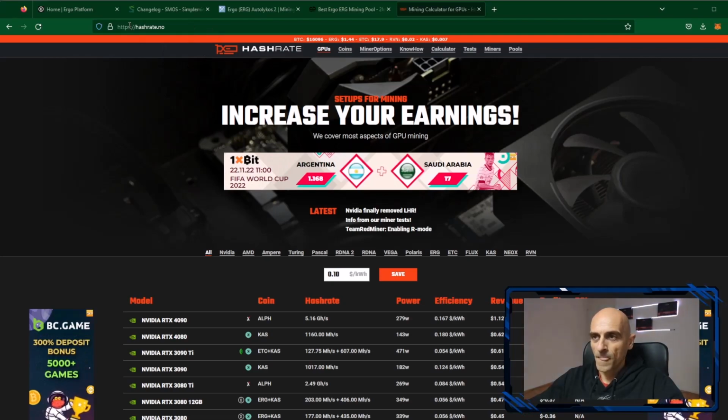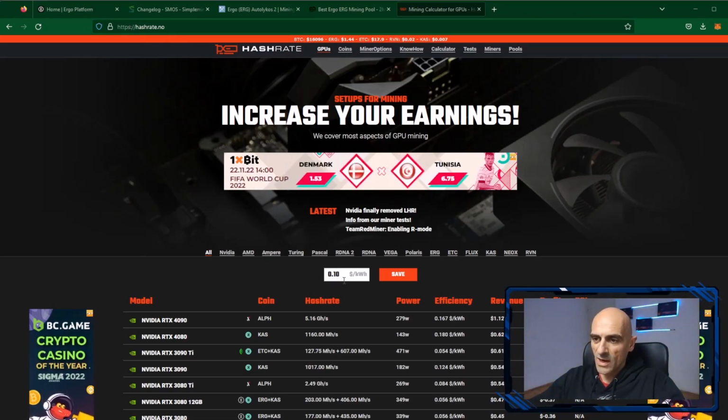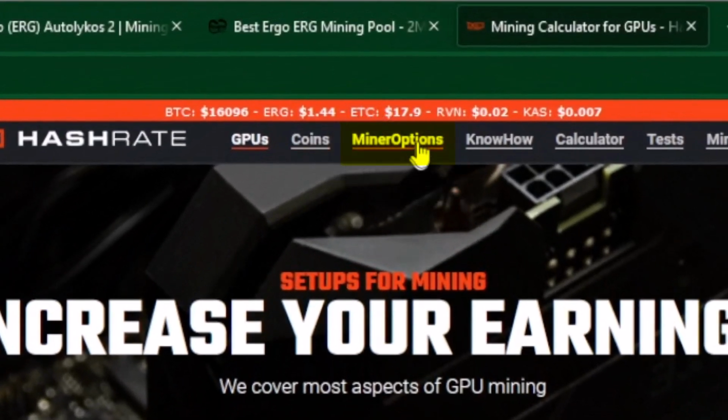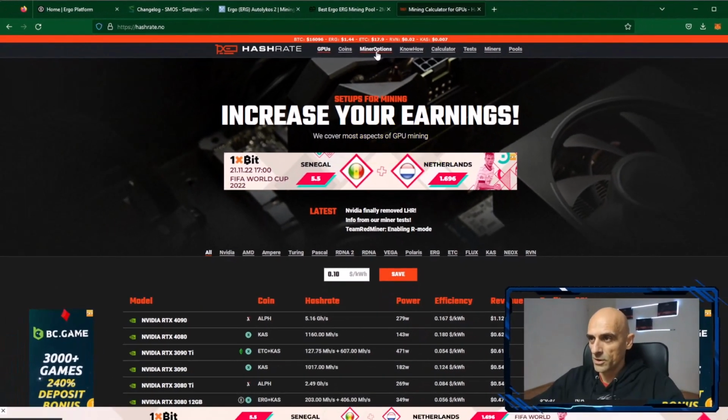One of the easiest ways to start mining Ergo coin on SimpleMining is to go to the hashrate.no website, and here you can find all the information for cards, settings and setup for miners. In this field here, miner options, you can set up your mining software. Click on this miner options,